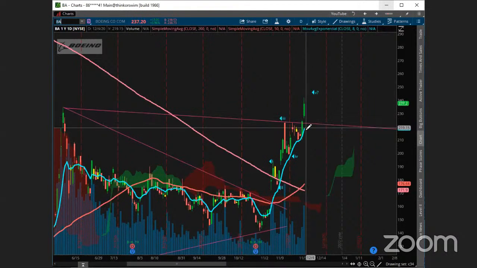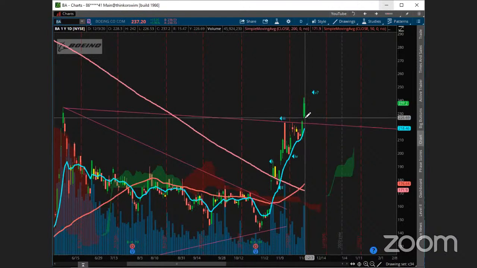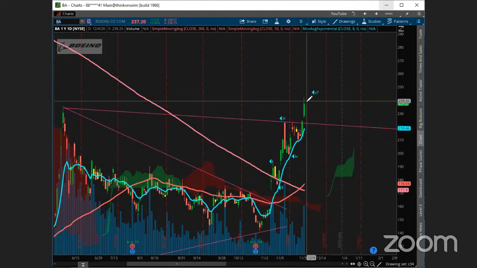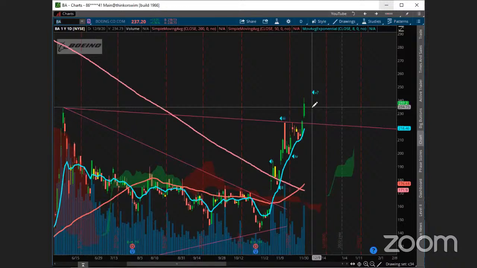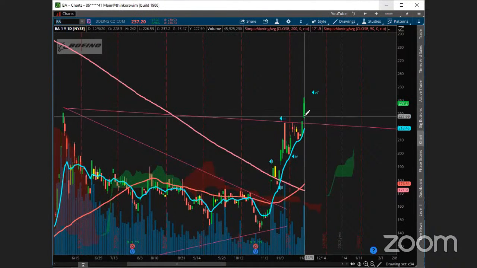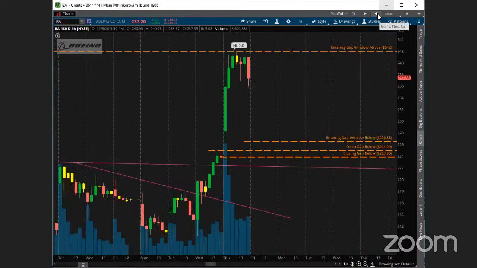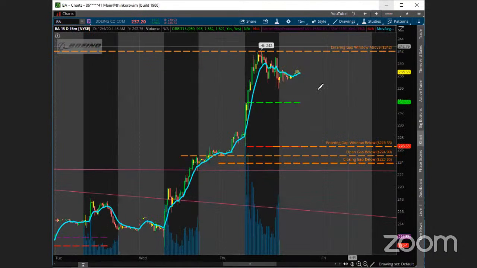Two, we look for a retrace, right? So we did not get a retrace. Or three, which we got here on Boeing, is we look for a gap up and some strength. So that being the case, Boeing does have some potential for some more upside based on those kind of rules. So let's see if we can do that. But the ideal situation was to get in today and ideally have some runners that could get some follow through.